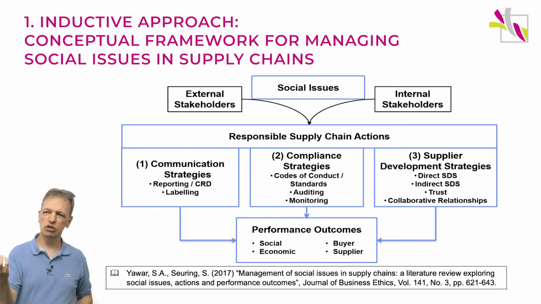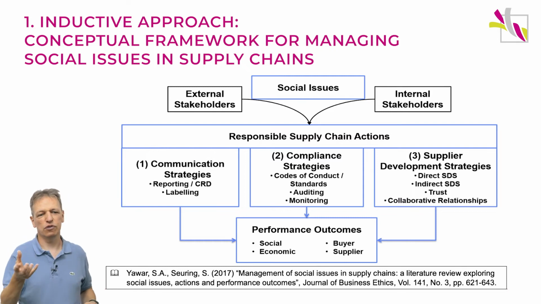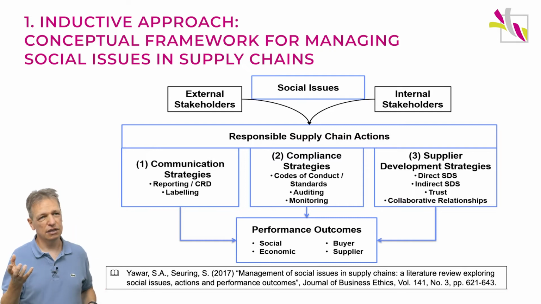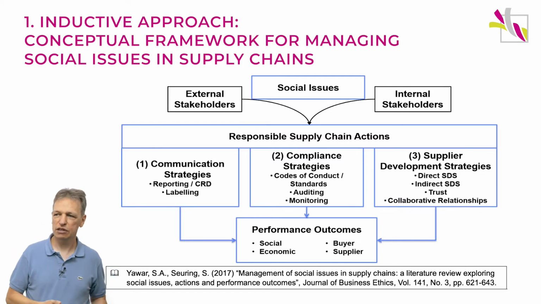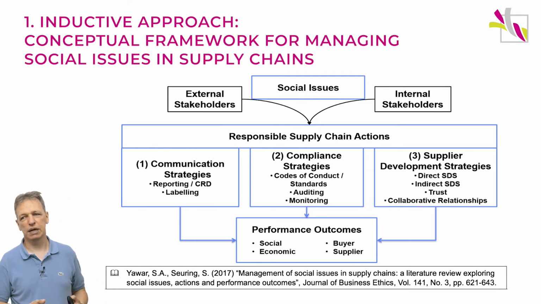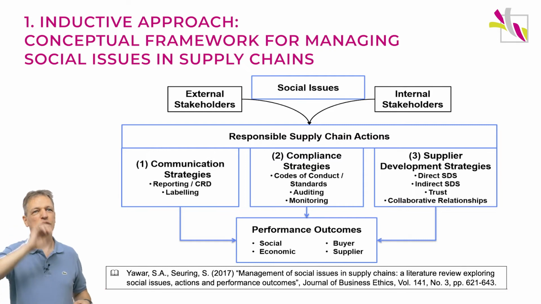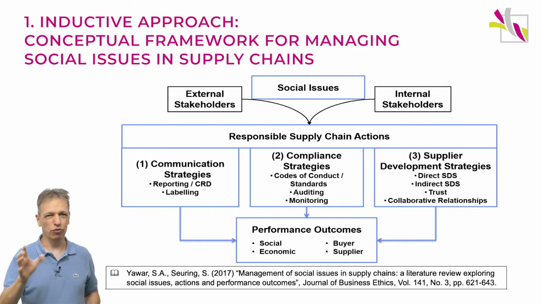So we have the social issues being driven by either external stakeholders, NGOs, unions, and so on, demanding certain things. We also have internal stakeholders. Don't underestimate what workers, and particularly if they are unified in certain unions, can do. And then we see that companies react to this with what we call responsible supply chain actions. The simplest form is basically the companies communicate, we do something good. If you watch TV at the moment, you always see this all over. At the moment, it's really a hype.